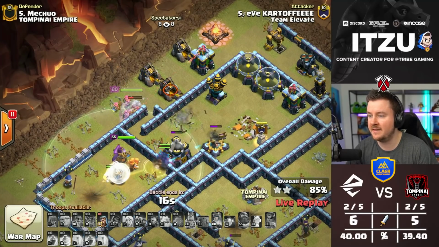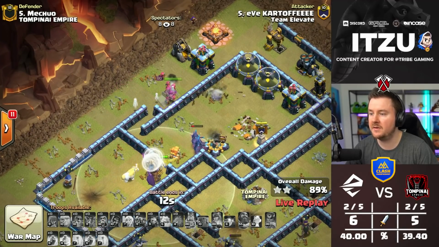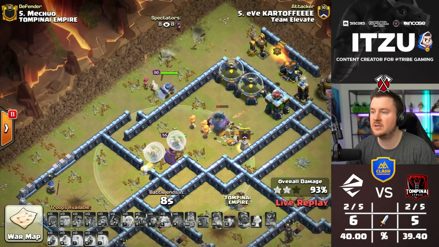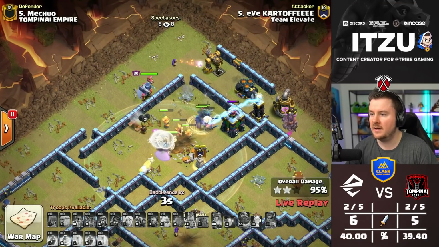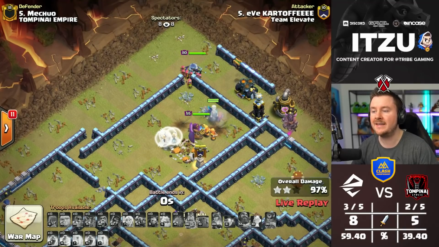20 more seconds. Can this somehow work in any way? 15 seconds, 14, 13 seconds. The P.E.K.K.A. trying to take down the Expo. The P.E.K.K.A. going for those elixir storages. The Wizard at the top side is helping. 6 more seconds. And guys, I don't think this is going to work at the end of the day, but this is going to be a 97%